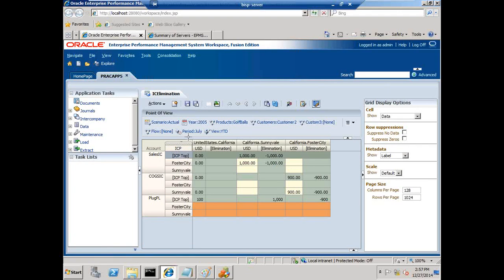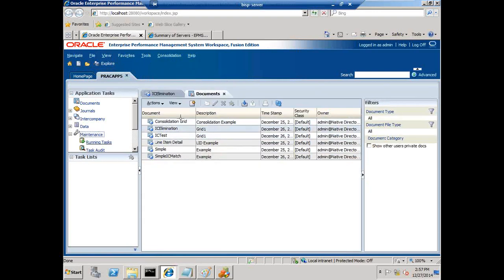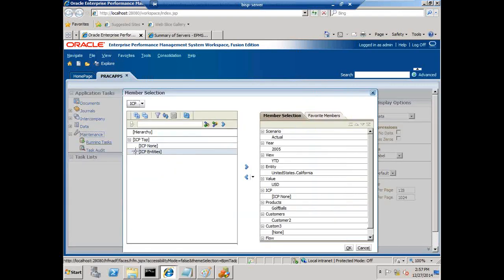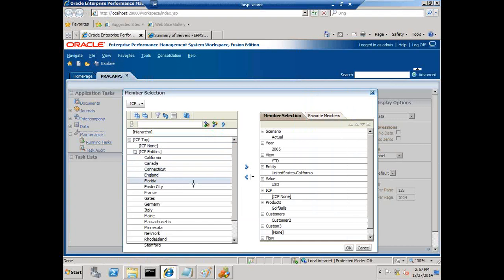Let me show you the metadata. I can open any document and show you the metadata where I can see the ICP dimension. So you see Sunnyvale and Foster City